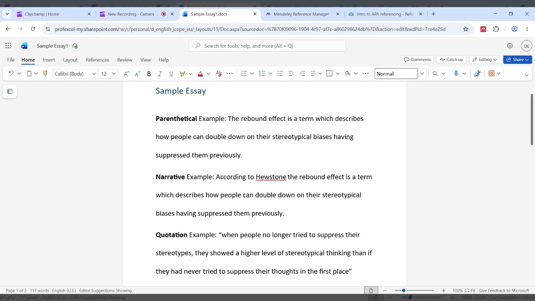So in this video, we're starting from the point where we have already installed the Mendeley Word plugin and we have our library set up with some resources added to it. This is just a very basic Word document I've opened here as a sample. And in order to open our Mendeley plugin, I'm going to go to References, just one of the options along the top here, and then you'll see Mendeley Cite.